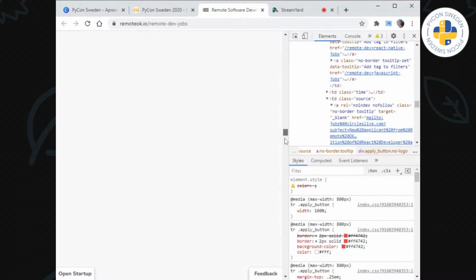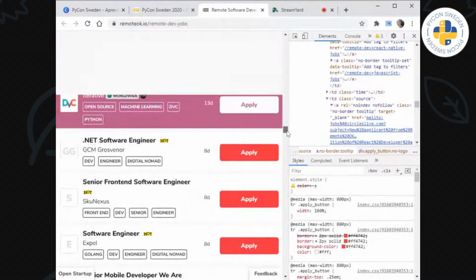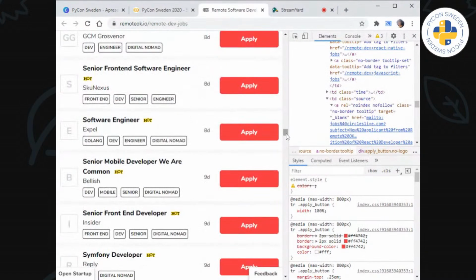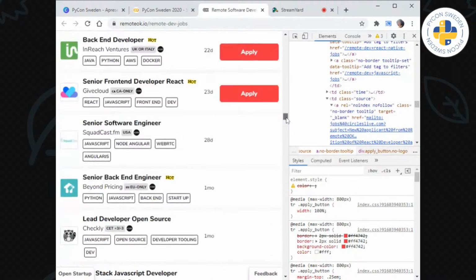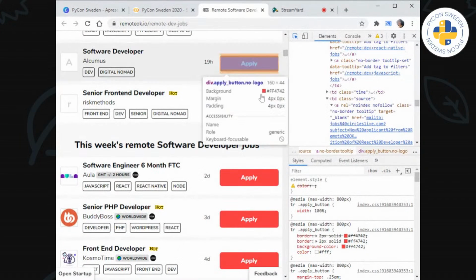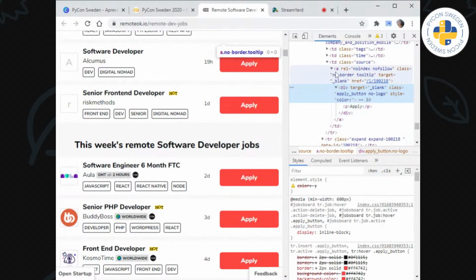So we need to make a condition to get only the job posts that have a link and are still available for applying, because outdated jobs don't make any sense. So there's apply here, it's inside of a div. The TD class is called source, and the link itself is in here.